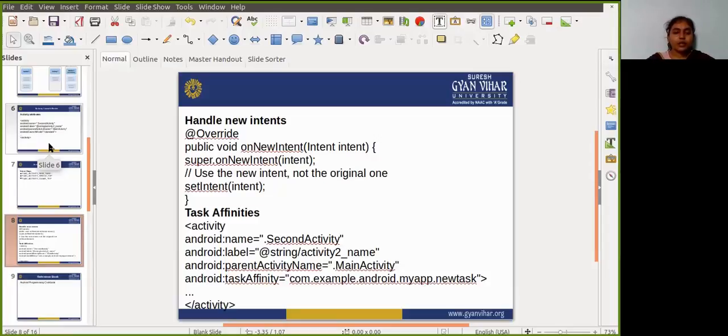So depending on the design and navigation of the app, there may be complications, especially with activities that are started from other apps and other tasks.